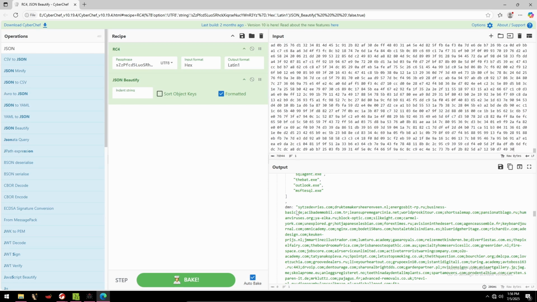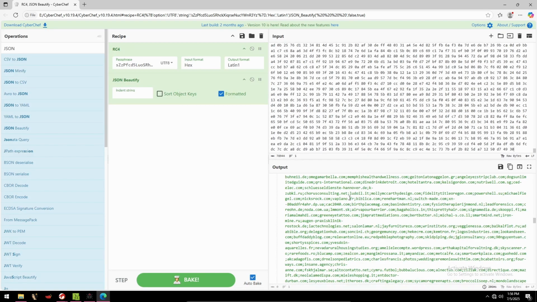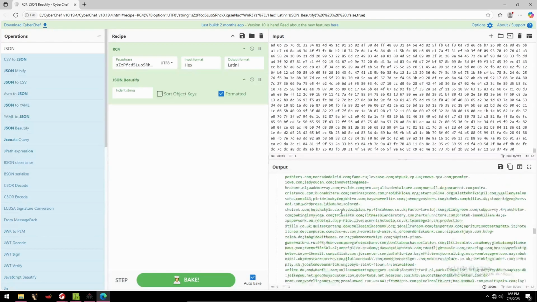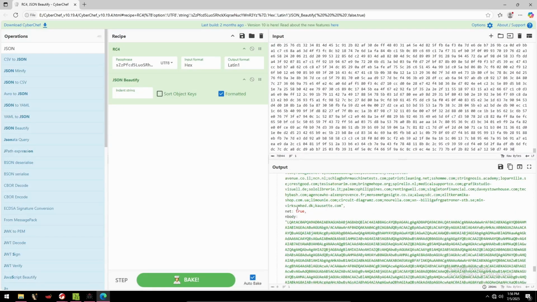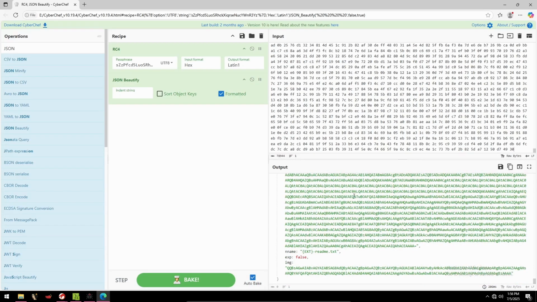We're going to see DMN, domain, and it told us a lot of domains that it's going to connect to. So this is basically command and control servers, or C2 servers. And we scroll down, net true, scroll down, we are going to see a name. I think this is a note name, so it's going to drop this readme.txt to inform the victim that its files were just encrypted. XP is false,